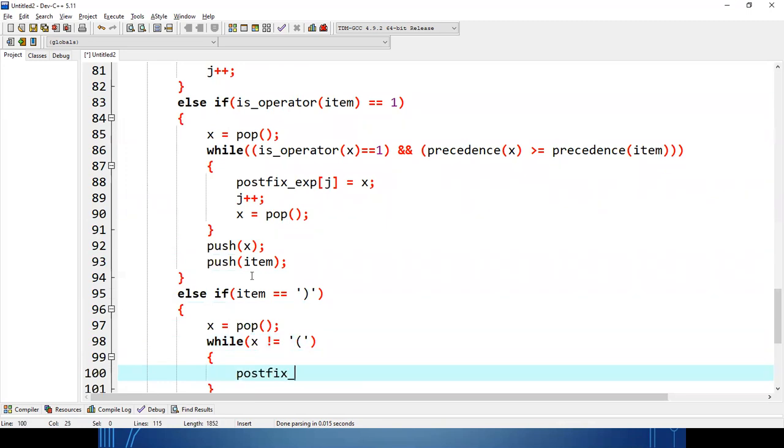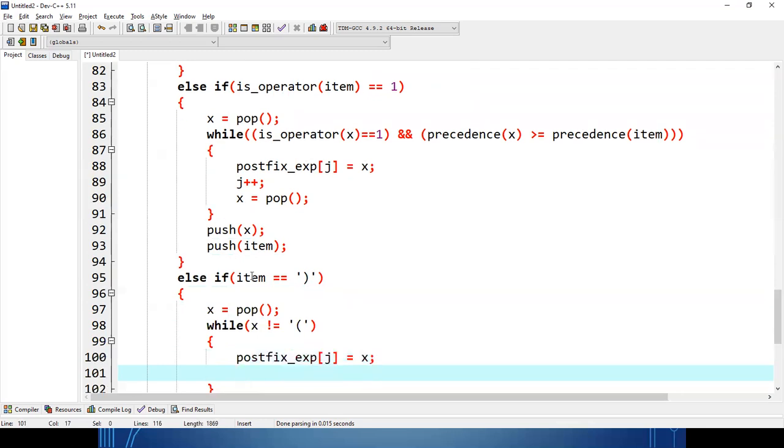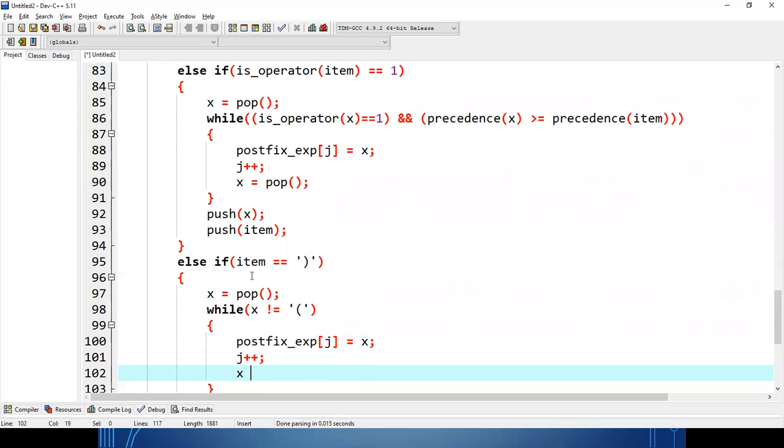So everything I pop, I'll keep on the postfix. So that is my x, I'll keep. After that, j plus plus, and then again I'll pop.